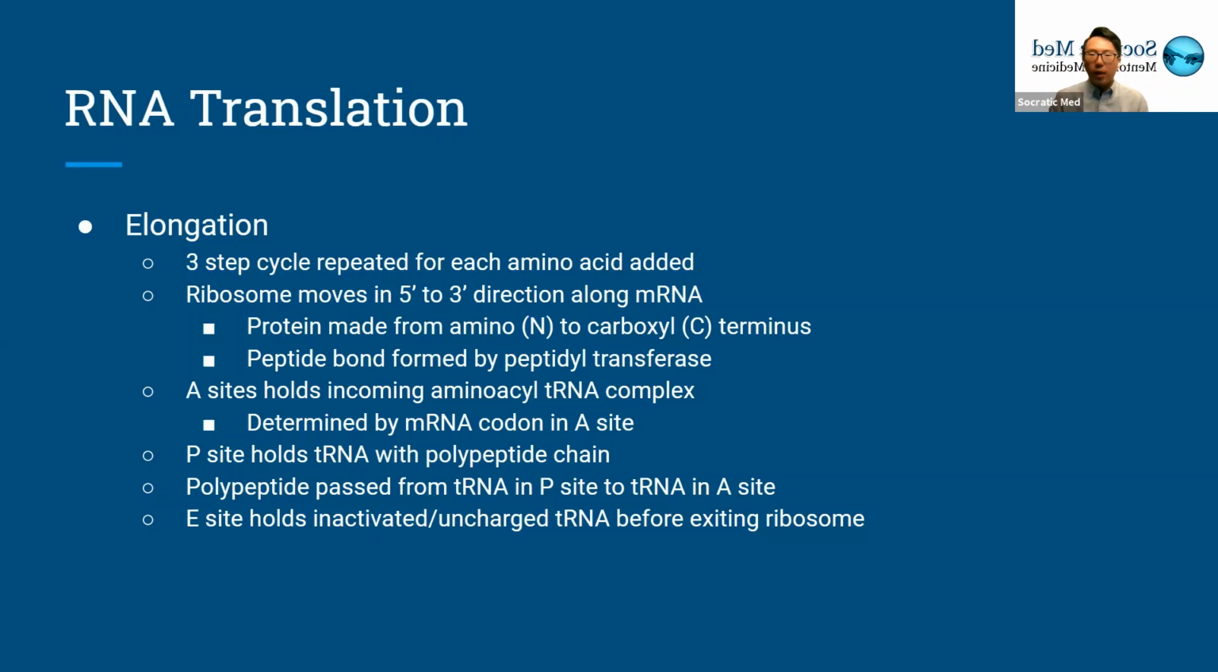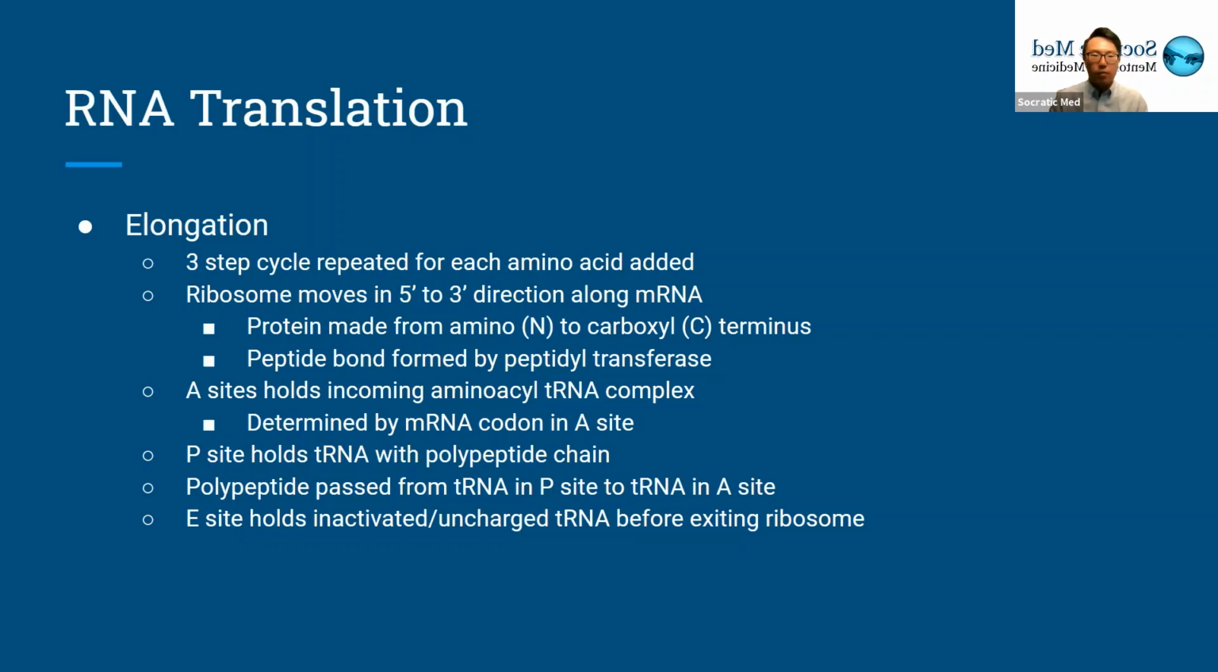So the peptide bond that's formed is formed from the amino to the carboxyl terminus, and that's why it's called a peptide bond, because of the amino-carboxyl bond. The peptide bond is formed by peptidyl transferase. Peptidyl transferase is the enzyme that forms the peptide bond between the 2 separate amino acids to form the